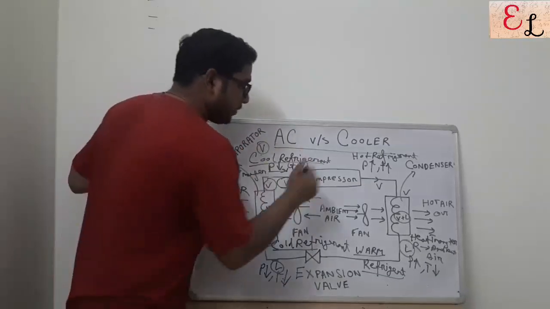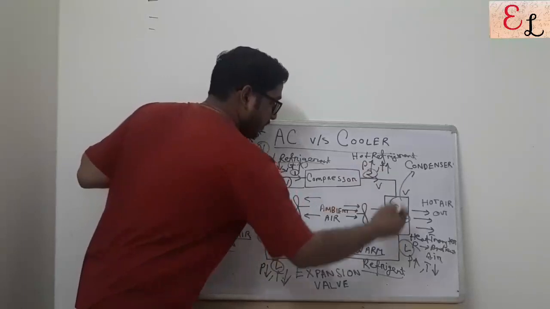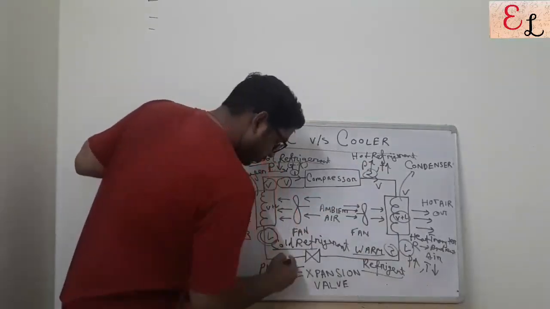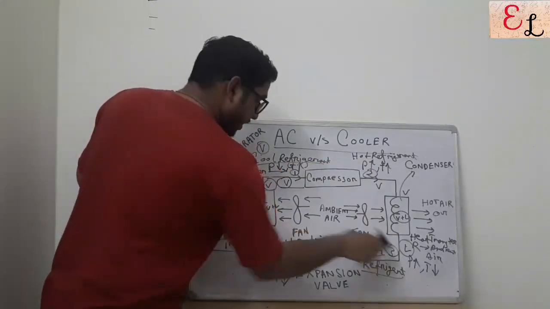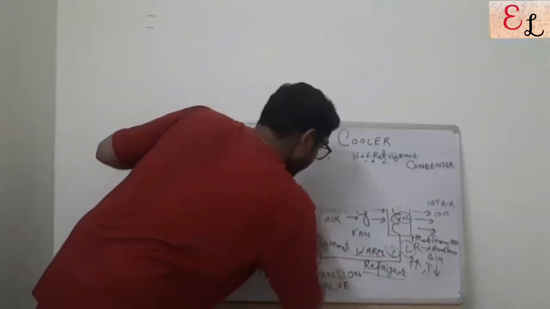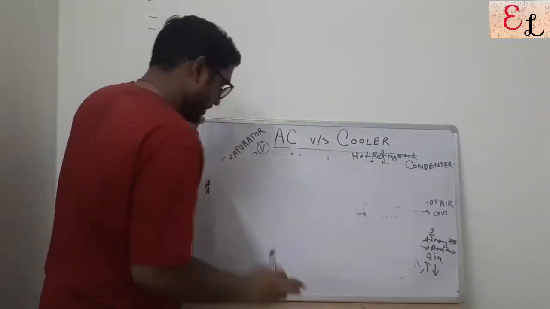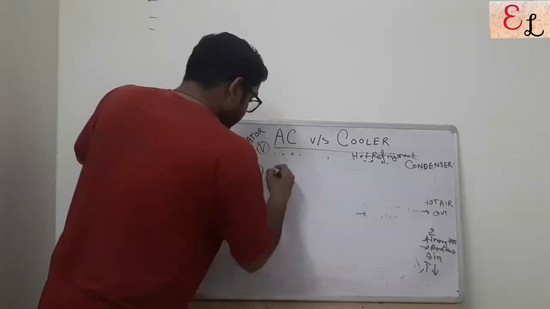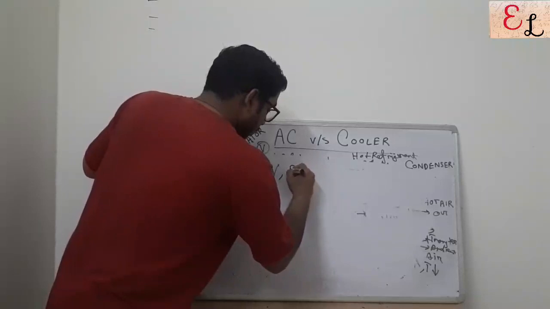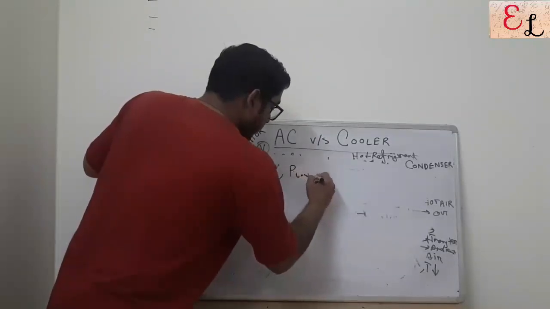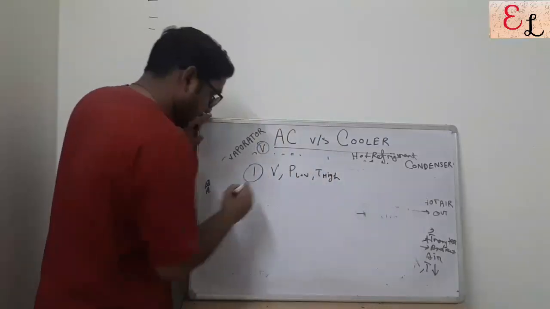So the temperature in the process, this is state point 1, this is state point 2, this is state point 3, this is supposedly state point 4. So remember this, 1, 2, 3, 4. If I rub this out and write what is happening in the AC, at 1 it is in vapor state, it is at a low pressure, pressure is low, temperature is high, not that high though.